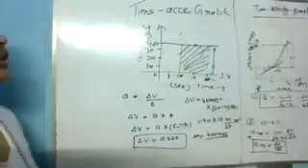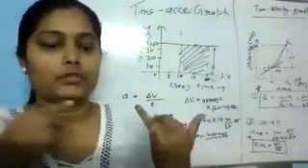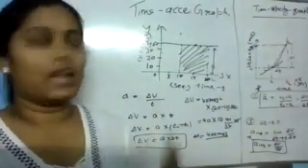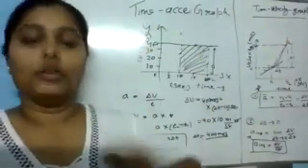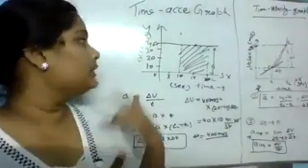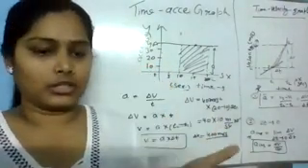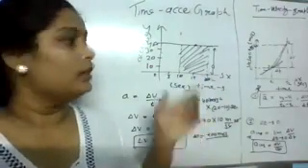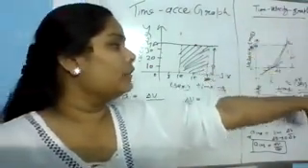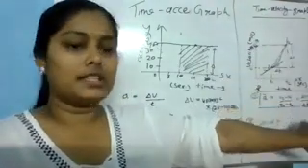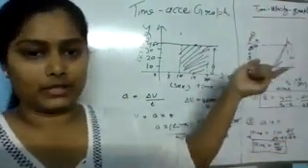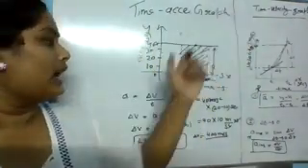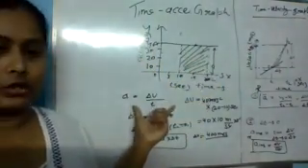Okay. Now the graph topic is over. We already discussed the displacement time graph. We discussed the time velocity graph. We discussed the time acceleration graph. From the time displacement graph, we can find the velocity, average velocity, and instantaneous velocity as well. From the time velocity graph, we can find acceleration, average acceleration, instantaneous acceleration, and displacement as well. From the time acceleration graph, we can easily find change in velocity.